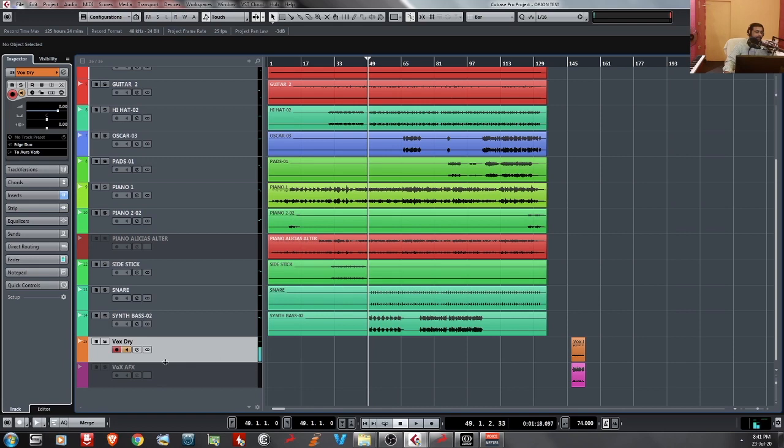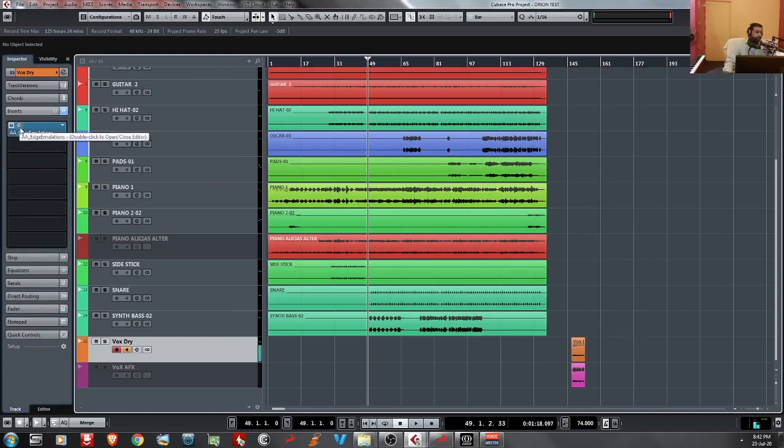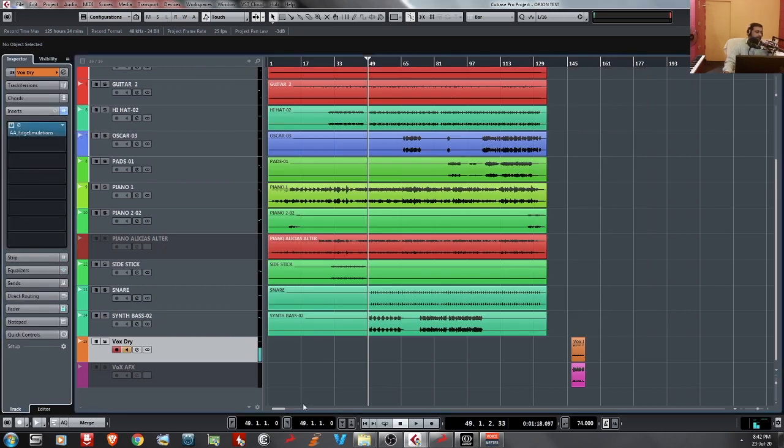So I am sending the signal from the DAW. Actually, you can directly route your voice into the Aura Verb. You can just select the preamps 1 and 2 and drag and drop to this mixer channel, that is the mixer channel 1 here, and you can send to the Aura Verb. But now we are using an Edge Duo microphone. We need this mic emulation to combine the two diaphragms. So I am sending the Aura Verb from the Cubase.